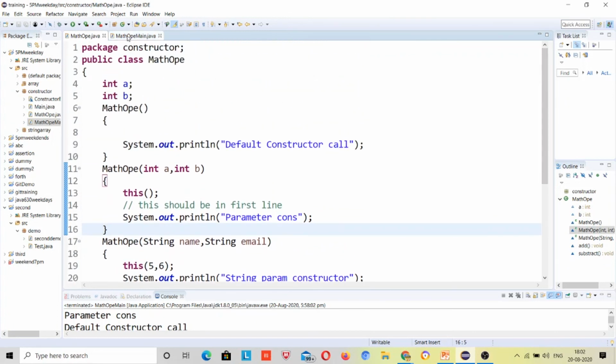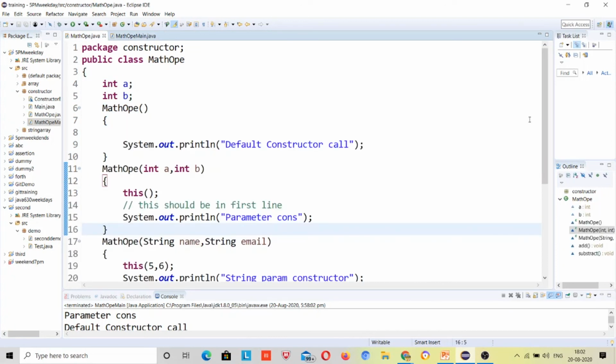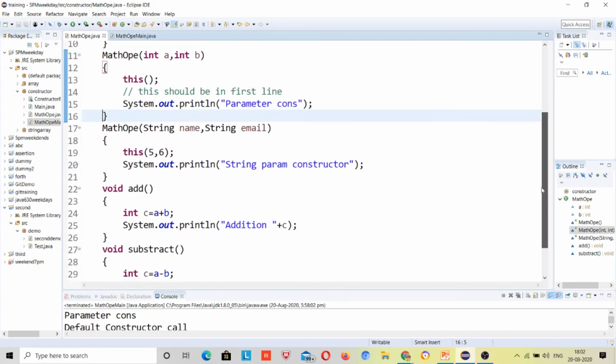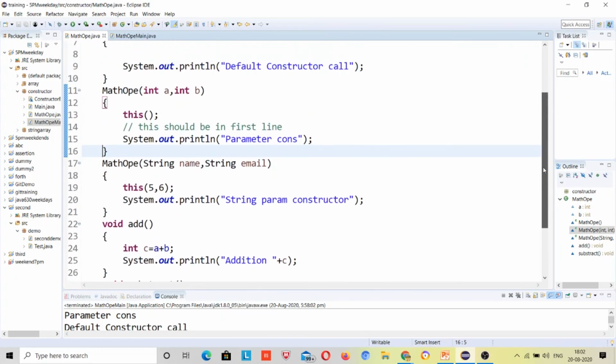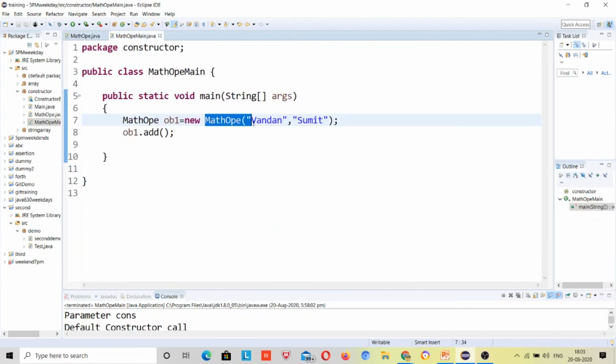Just do one thing. Just see this line. What does this line say? This is calling. I am explaining again, and it should be clear to all. Otherwise, you can watch the video and refer to it later, and search on Google for some quiz related to it. First of all, it is calling a constructor which has two string parameters. Search here. Don't look at the whole code, right? You will never be able to answer if you look at the whole code. Just see here that it is calling a constructor with two string parameters.